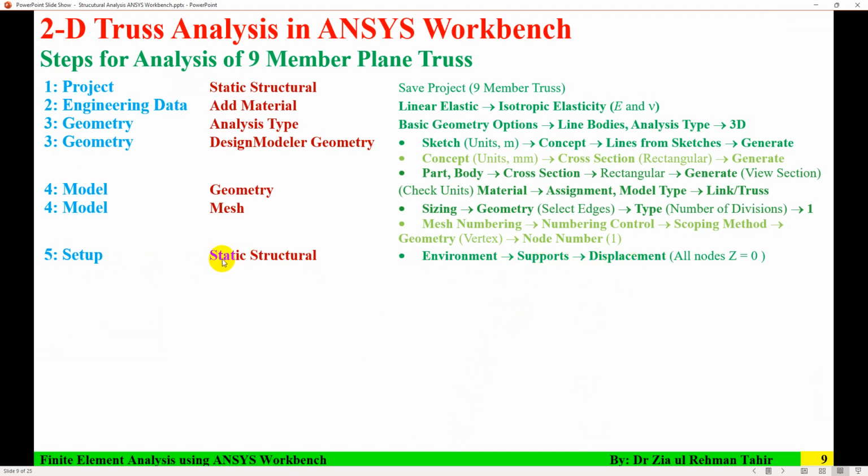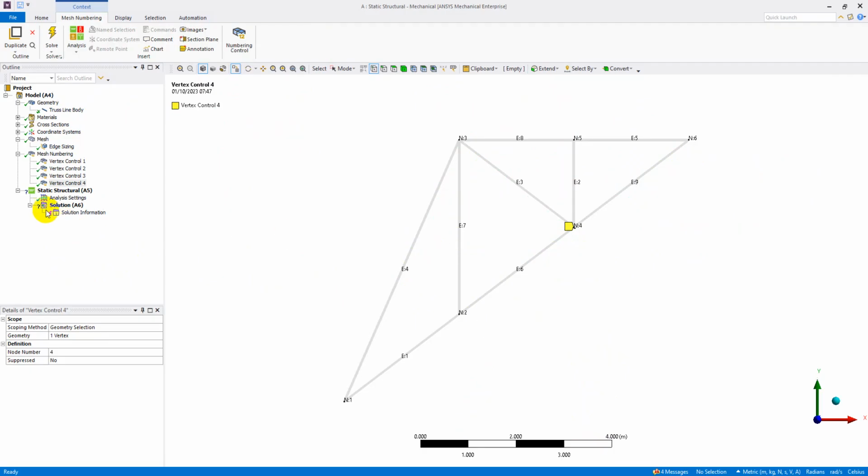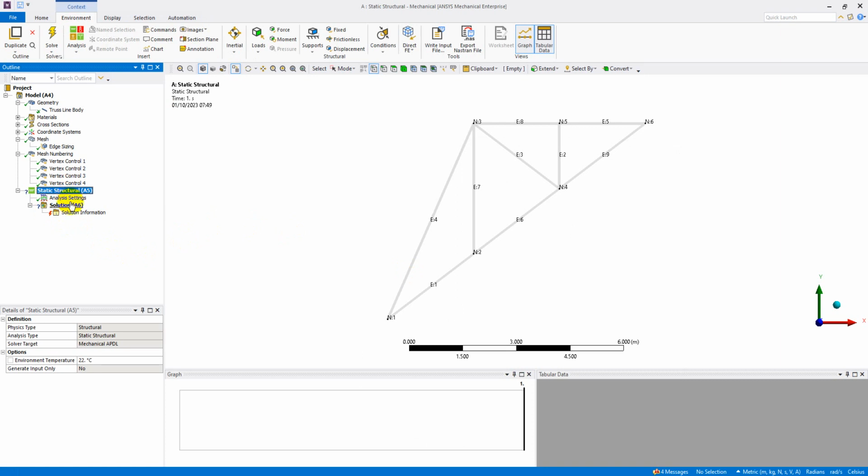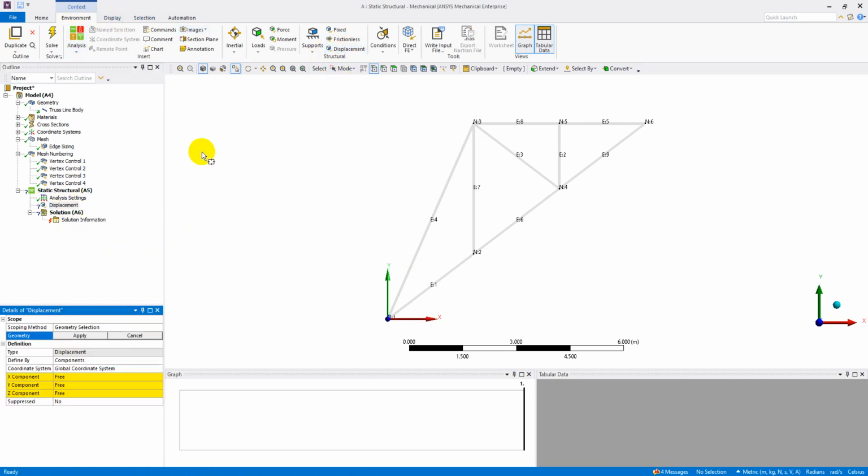So in this step, I am going to apply boundary conditions and then loads. So here in the Static Structural, I'll go to Environment and then Displacement. So that is a displacement, and here in geometry selection, I am going to select nodes, apply,